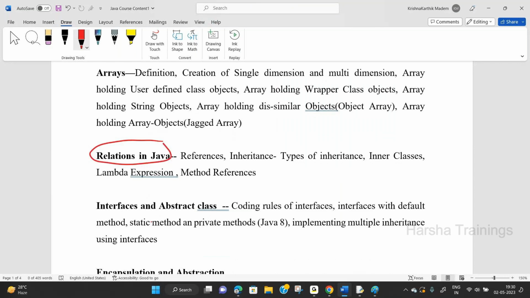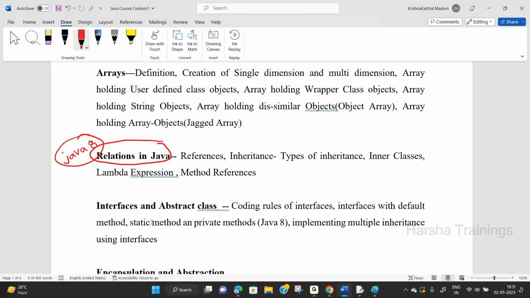Very important topic. Hardly it takes 3 to 4 to 5, in the worst case 5 to 6 classes also. This is from Java version 8. Most of the things here are from Java version 8, which means under Java 8 there is a lot of change. Anyway, I will explain what the changes are. Without knowing this, it is not possible to enter into advanced Java or move to the concept of frameworks.